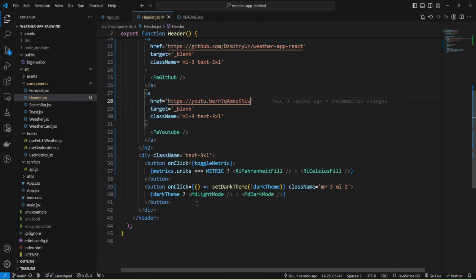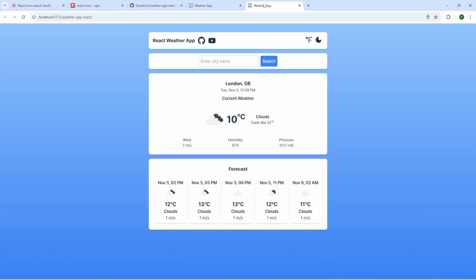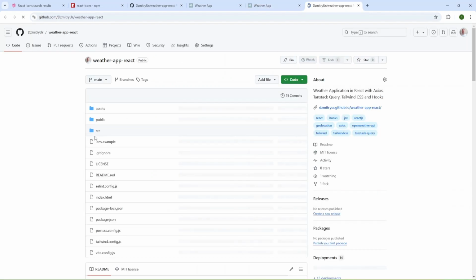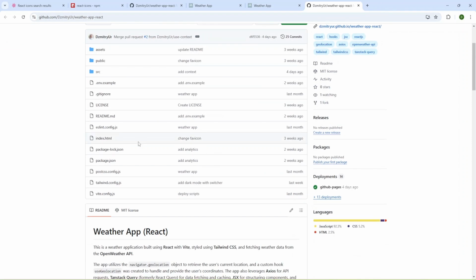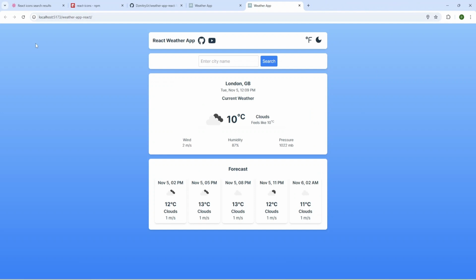Okay, and let's check what I have so far. Okay, and we have our YouTube link, and let me try GitHub, and it works, and I see my code on GitHub. I'm going to refresh the page, provide some city name, and search, and now I can change the units to Fahrenheit.